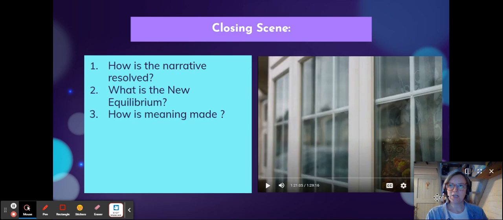This is a scene analysis of the closing scene of Mogul Mowgli. In terms of narrative, the closing scene is our opportunity to discuss the new equilibrium, the resolution, and of course, the director's message. All of those things can't really be separated from ideology. This is the final message of the film, what the audience are going to leave the cinema thinking of. The final images are really important in identifying and unpacking what the director wants us to think and feel about the whole experience of the film.